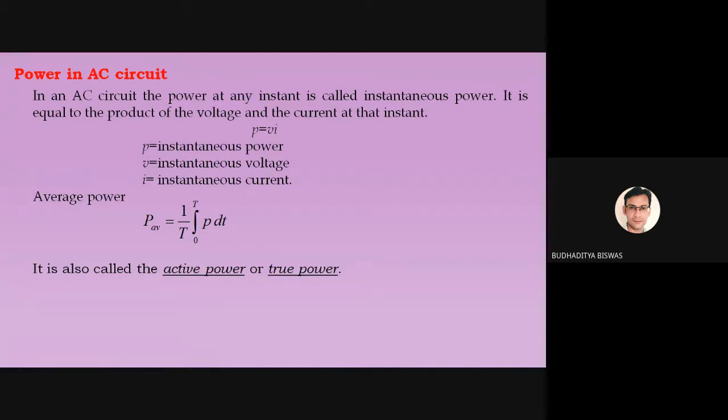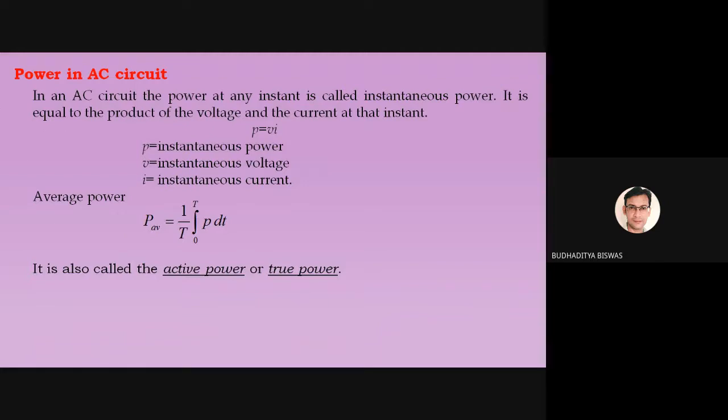But the problem is that in case of AC circuit, as 4 types of values are there: instantaneous value, peak value, average value, RMS values. So then also the power has so many values. So let's find out what are the different types of power in AC circuit and how to find out the power in case of resistive circuit or inductive circuit like this one.